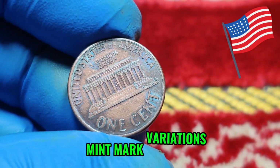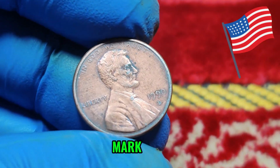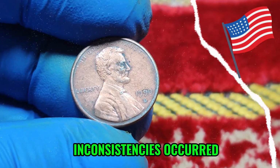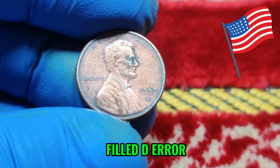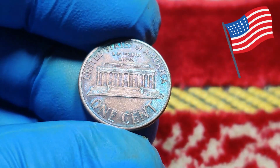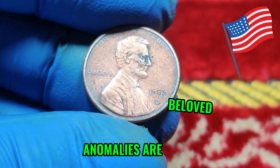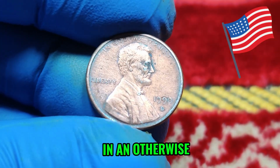Then there are mintmark variations, small details that can make a big difference. The D mintmark on the 1990 penny was applied using newer methods, but during the transition, inconsistencies occurred. Some mintmarks appear slightly filled in, known as a filled D error, caused by die polishing or debris blocking part of the mintmark cavity. Others show signs of repunching, where the mintmark appears doubled or offset. These mintmark anomalies are beloved by collectors because they provide visible proof of the human touch in an otherwise mechanical